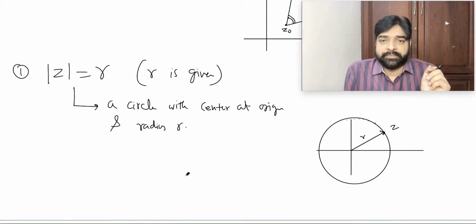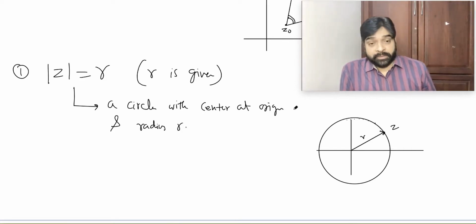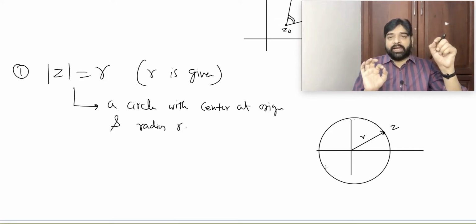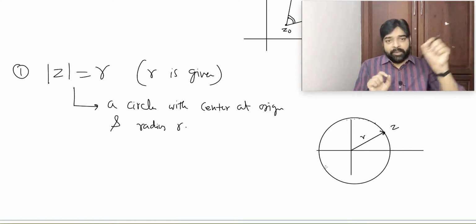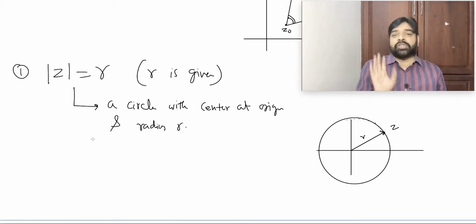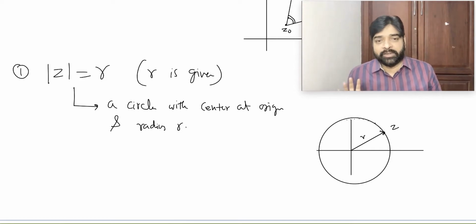Have you understood? This is the way I used to do it, and I will suggest you go by this way only. Just visualize, draw one position, and after that make z move anywhere, in such a way that the condition is satisfied always. This is the meaning of the condition.